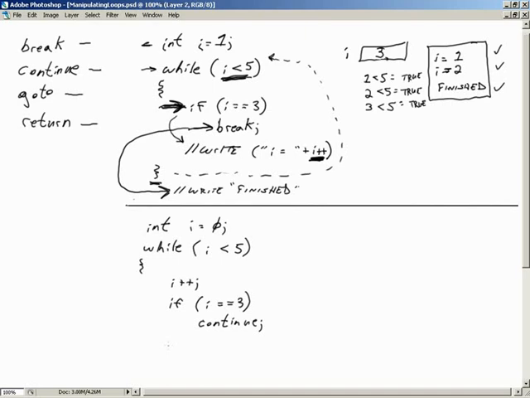And then if it's not, we're just going to continue on. If that wasn't true, we're going to do a write line, so we'll simply write out I equals plus I, and then end, and then finished. All right, so all sorts of extra stuff going on in here. We've got a stack containing a local variable I, and we've got our